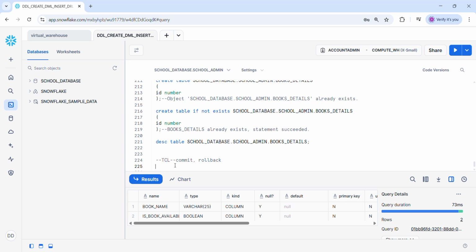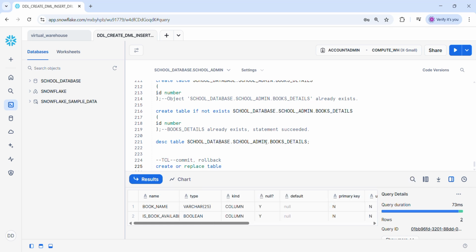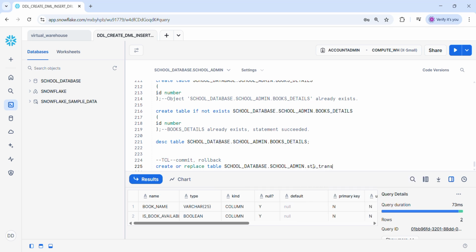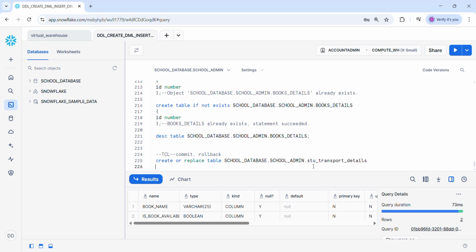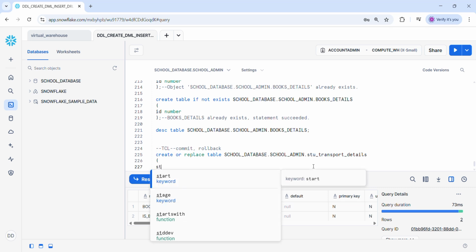Create or replace table in the same database, school database, and school admin schema, like student transport details. So student ID